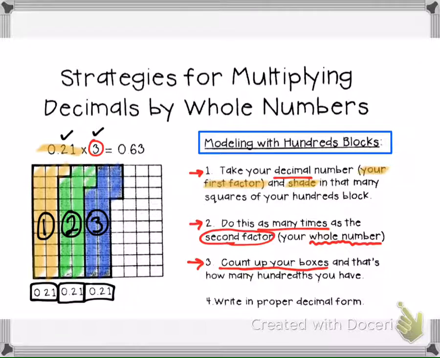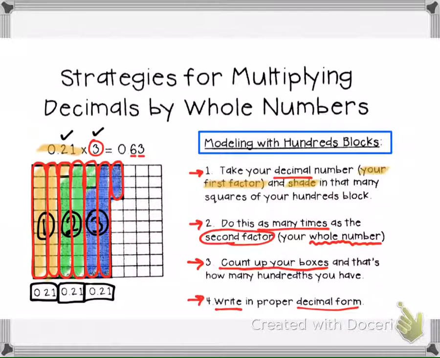If we count those correctly, look at the first column, that's 10 boxes. The next column is also 10, so it's 10, 20. The next one is all shaded. Even though it's different colors, it's all shaded. I do use different colors so you can see the 3 different groups. But the important part is that it's colored in. It doesn't matter what color. So that's 10, 20, 30, 40, 50, 60, and then we have 3 more, so that gives us 63. The last thing is to write our answer, so 63, and we need to have it in